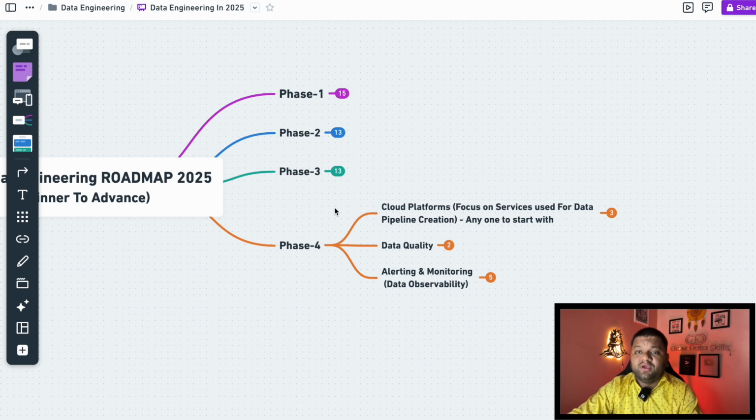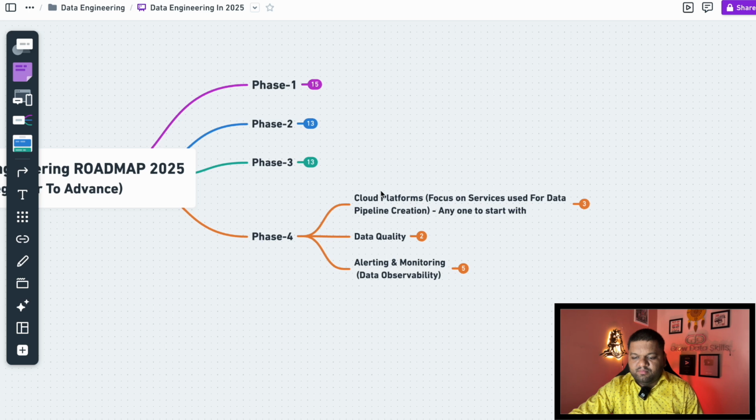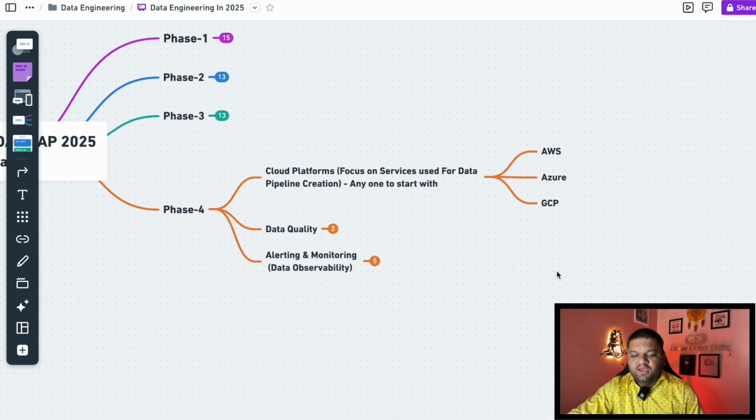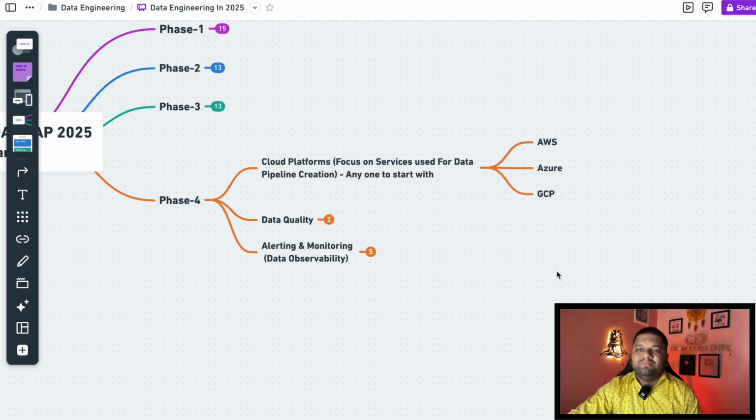Once you are strong here, then moving on to any cloud platform won't create any sort of challenges, because whatever you have learned here as an open source framework, you practice it locally, these cloud platforms are simply providing those things as a service, right? That's the only difference here. So once you are done with this one, then prioritize this phase 4, where your priority focus will be to learn any cloud platform in depth.